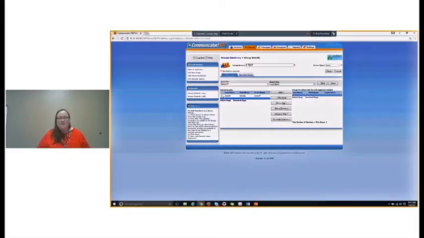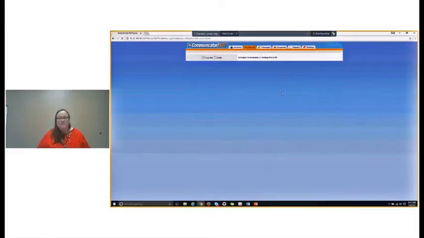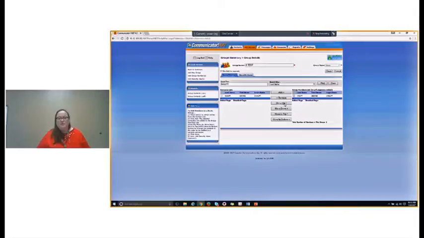Once you have 2 or 3 people, you can use these buttons to change their order in the list, because the order of the list of the group is how the messages are going to be sent out. So if you have something that you really need your medical director to get first, make sure their name is at the top of the list. If there's a person that needs to get it last, make sure they're the last person on the group. Okay, so once you have the group and you want to save it,